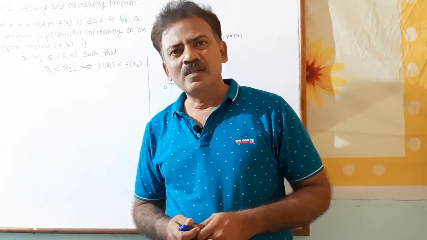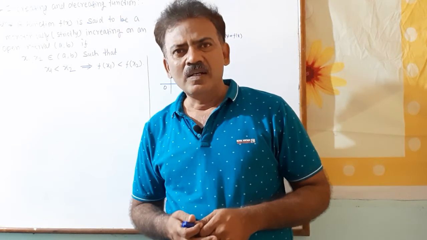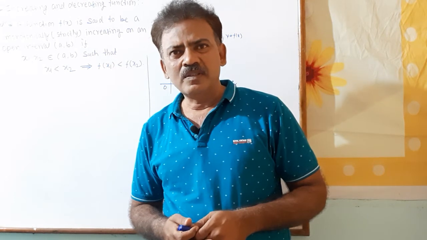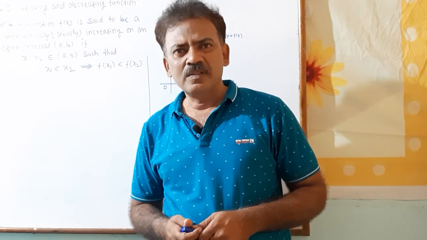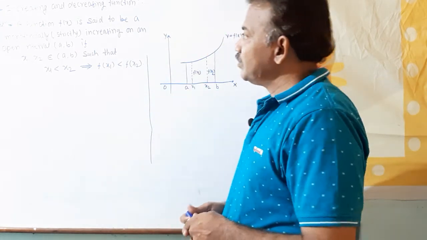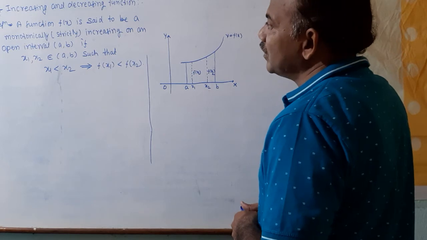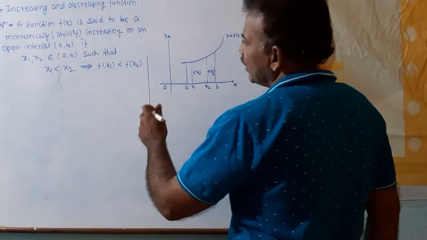Today we are going to learn the topic applications of derivatives. In that article is increasing and decreasing function. So first we will see what is an increasing function. See our definition. Function f of x is said to be monotonically, that means strictly increasing, on an open interval a comma b if